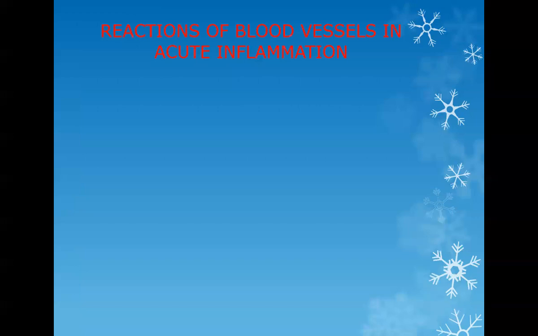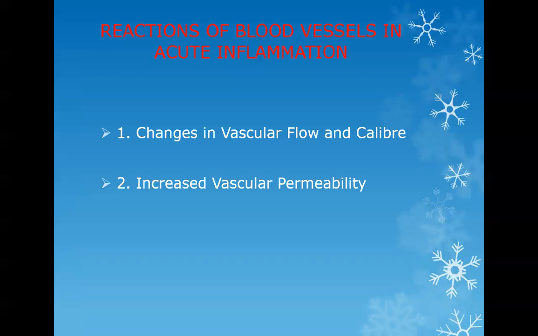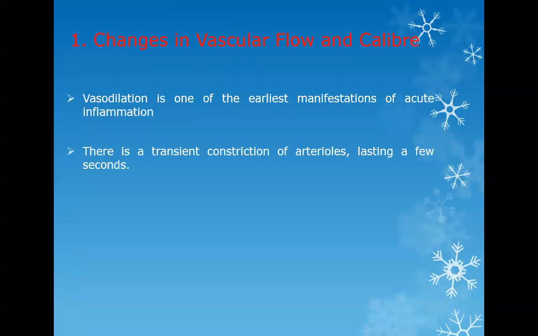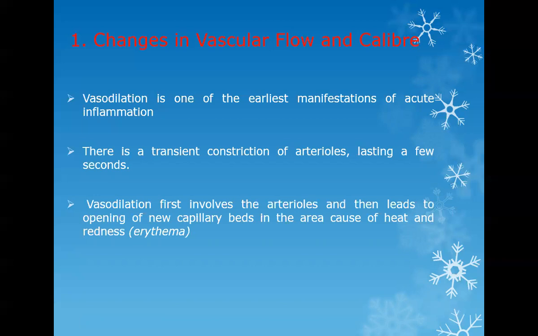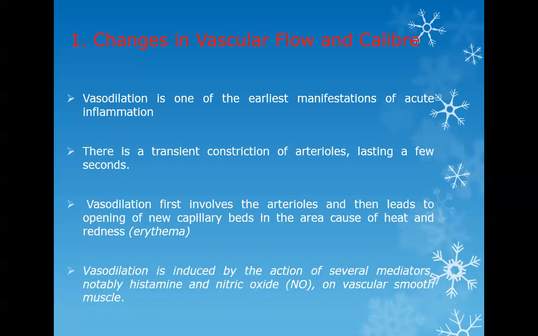Okay, so it's a reaction of the blood vessels: a change in vascular caliber and an increase in vascular permeability. You want to take the blood out, and the lymphatic vessels also change in caliber. When the inflammatory process starts, in acute inflammation, there is transient vasoconstriction. Suddenly there is collapse of the vessels or arterioles for just a few seconds, 1 or 2 seconds, 3 seconds, 5 seconds, and suddenly there is vasodilation. This vasodilation is caused by nitric oxide and histamine. These chemical mediators dilate the blood vessels, right?